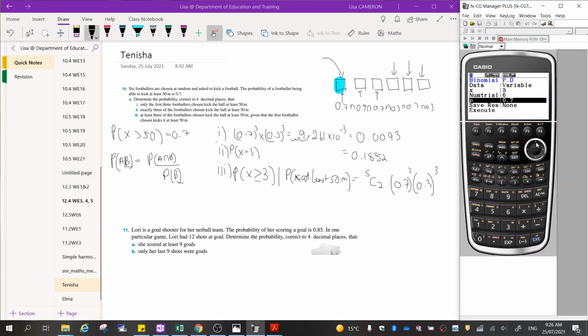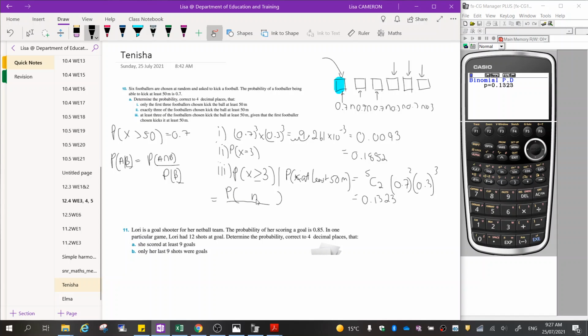I'm going to just chuck this in here because, you know, lazy. Execute. That's right. So there's 0.1323. Okay, if you want to do it using the given that statement, that now means that your numerator, which is